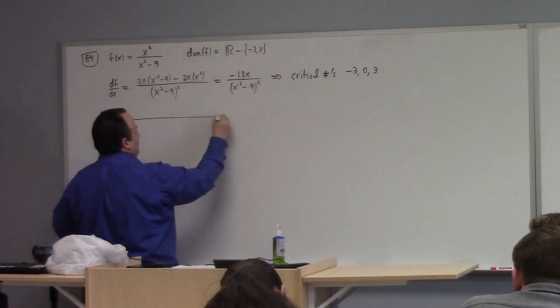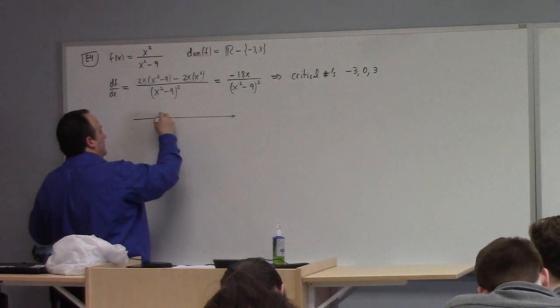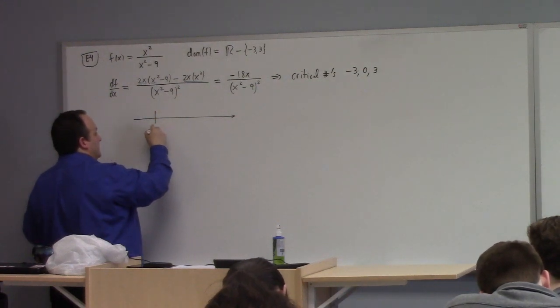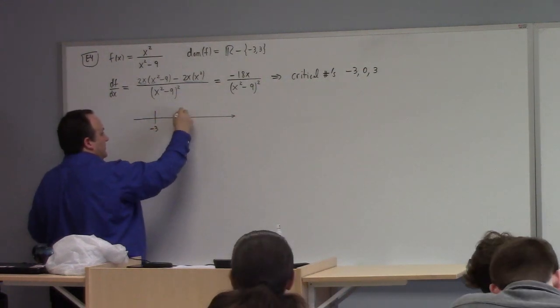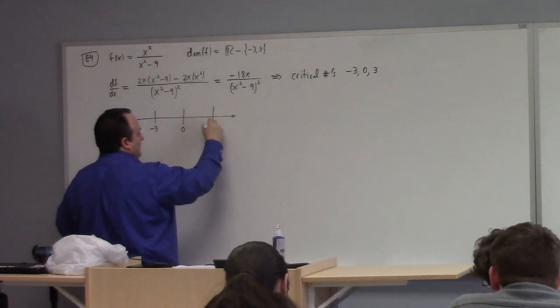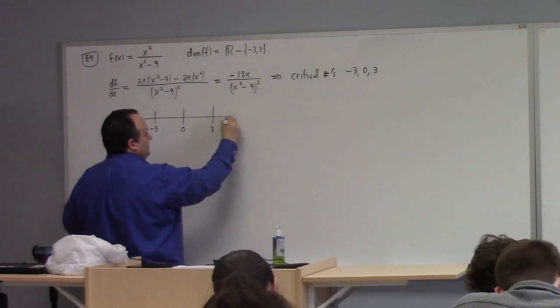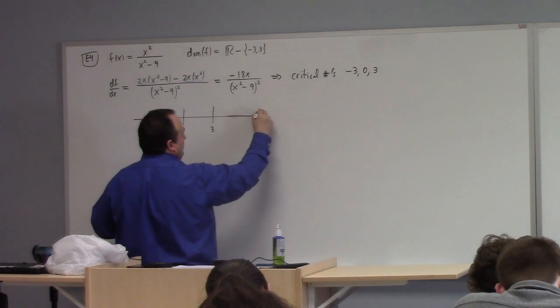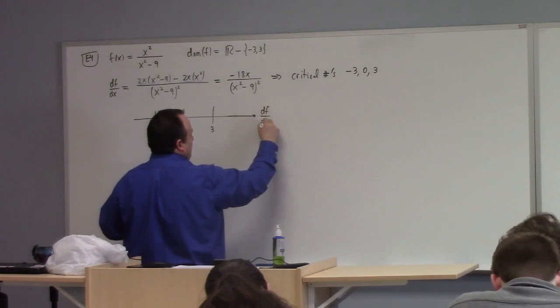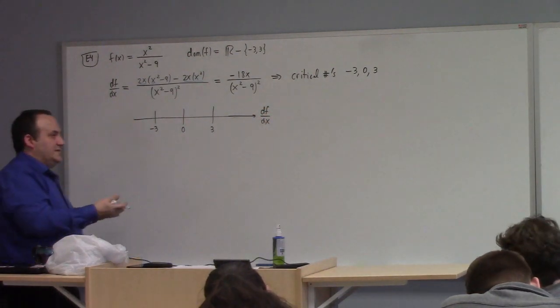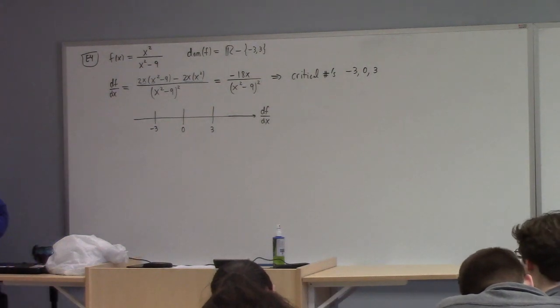So if they're not in the domain of the function, then the first derivative test doesn't really apply there, is one way to think of it. So we've got minus 3, we've got 0, we've got 3. I guess I haven't really told you what we're doing in some sense, but just so you know, the goal today is to understand how the derivative tells us information about the graph of a function.